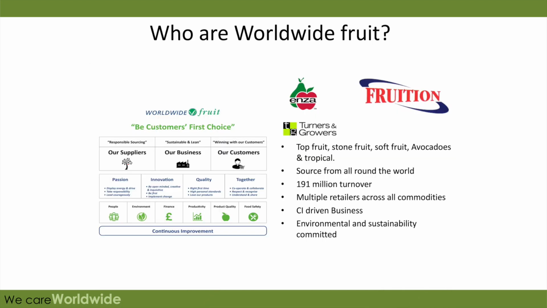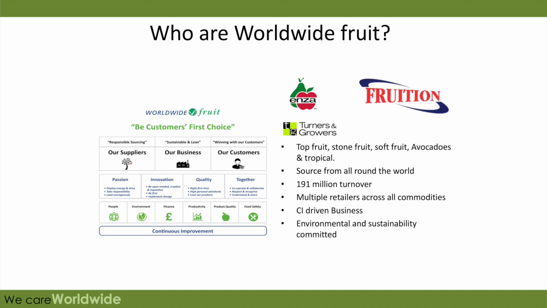So, Worldwide Fruit, who are we? Well, we are a business that are 50% owned between New Zealand and the UK. Enza and TNG are very large and established businesses from New Zealand who are predominantly plant breeders and growers. And Fruition are a group of UK growers situated mainly in Kent and Hereford, again predominantly growing pears and apples. So you can see how our history is in top fruit, and we have a lot of investment in this